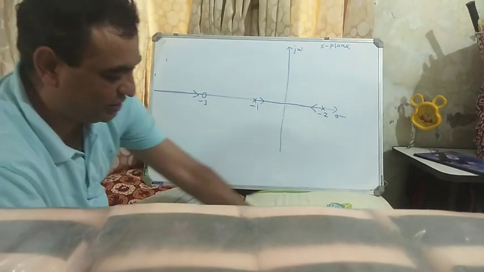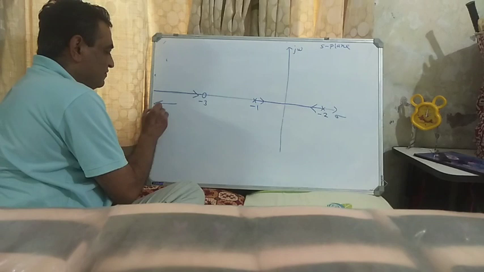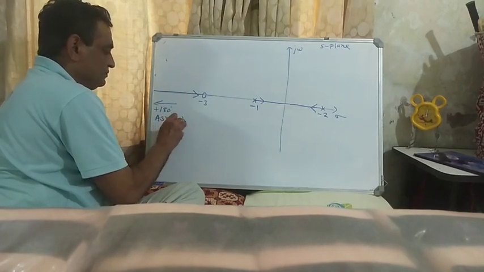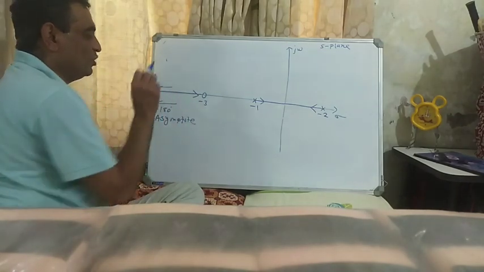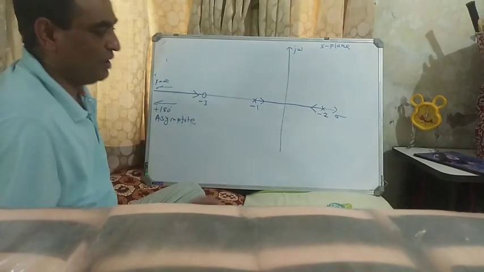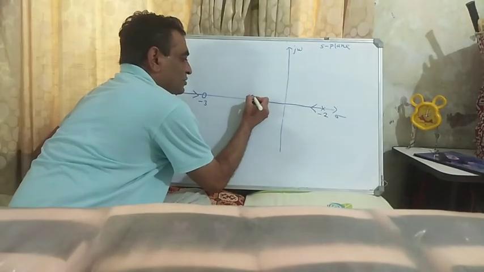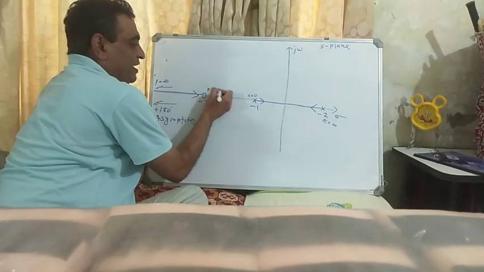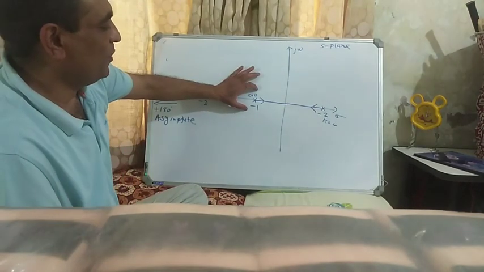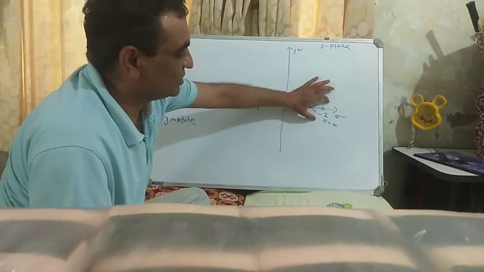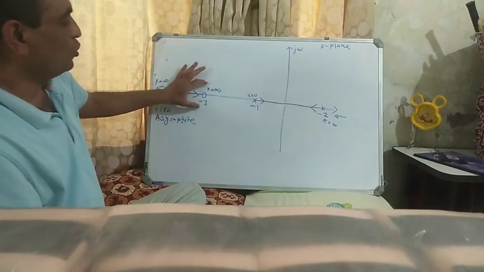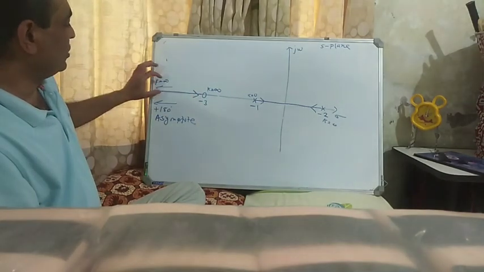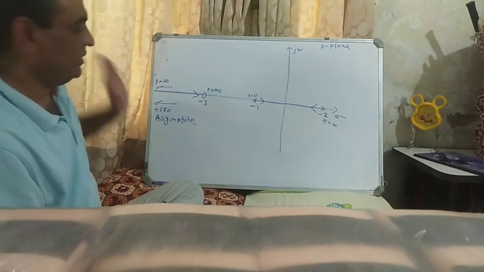There is no centroid actually. This is -1. This is the 180 degree asymptote, towards this asymptote where k is equal to infinity. Here k is equal to 0, here k is equal to 0, and here k is equal to infinity, because root locus starts from the open loop pole with k is equal to 0. Root locus terminates at k is equal to infinity at the open loop 0, or at infinity.